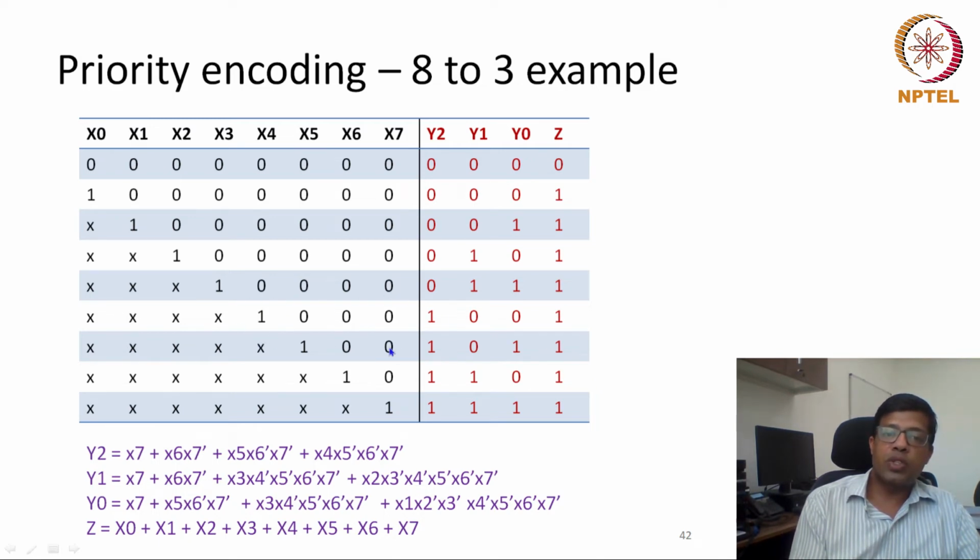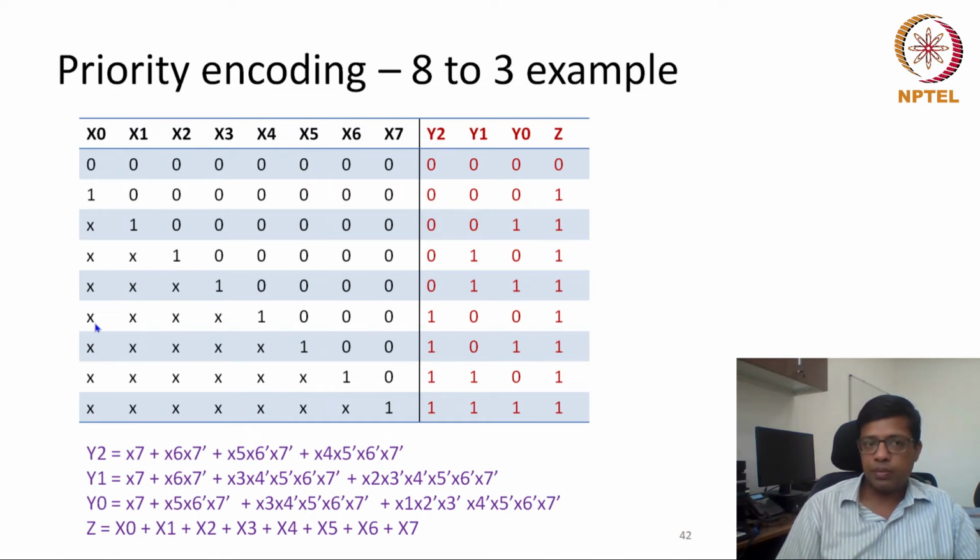So here it says, for example, this one is corresponding to this input expression. That means x4 has to be 1, x5 has to be 0, x6 has to be 0, x7 has to be 0. So that means this particular product term. And all of the other terms will not impact, so they will all become don't care. When inputs are at don't care, the implication is different from when the output is at don't care. When the input is at don't care, it means that it will finally get optimized away.